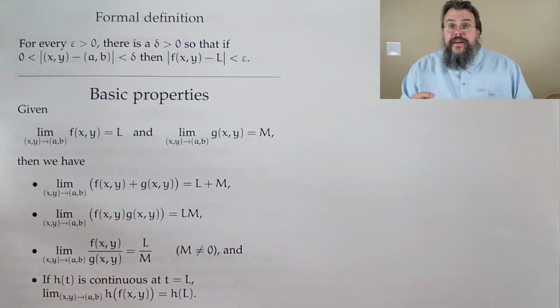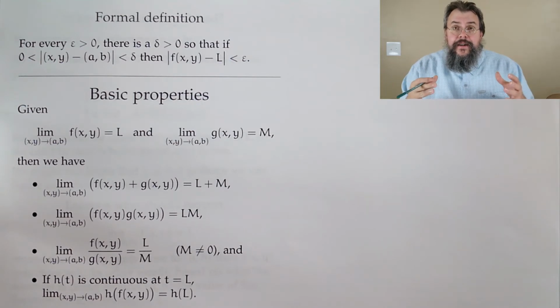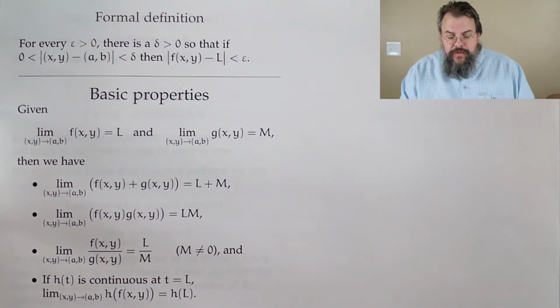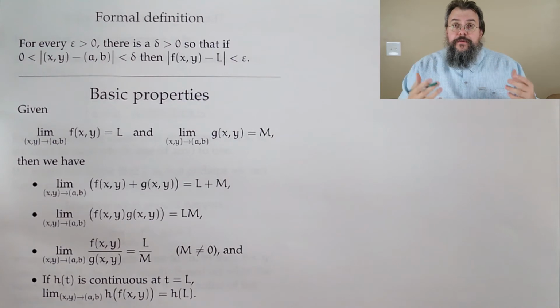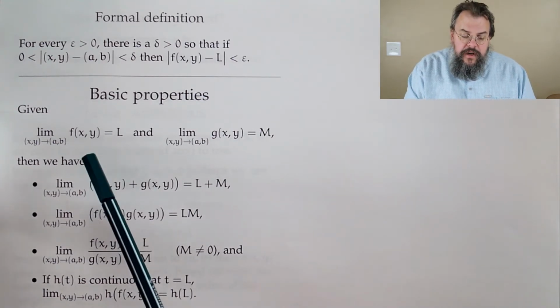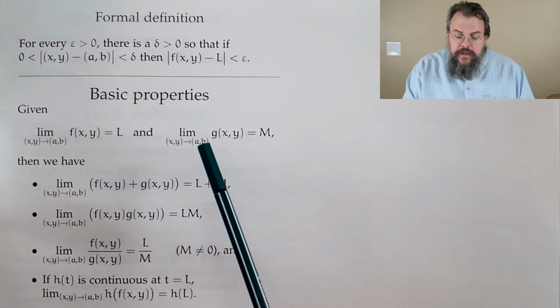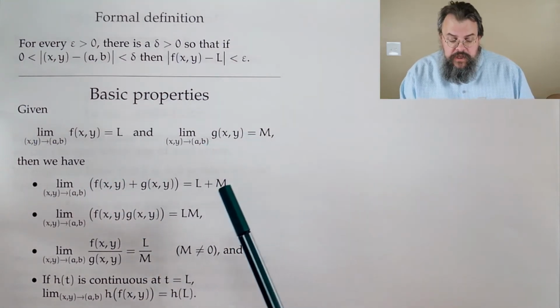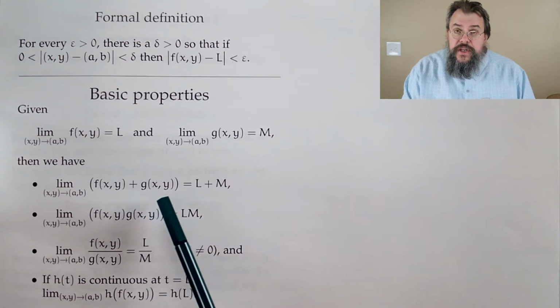So that's the idea. Now, if you go back and look at limits in Calc 1, you'll say, it's basically the same definition because it's the same ideas. It's all about measuring closeness. What's happening? What should it be? So we still have our wonderful basic properties. Namely things like if we know a limit of f is L, the limit of g is M, the limit of f and g together,